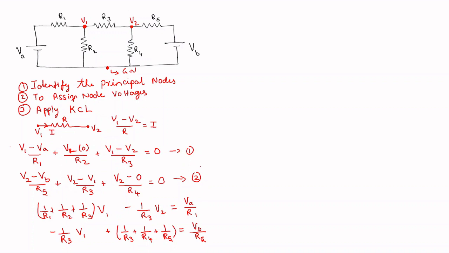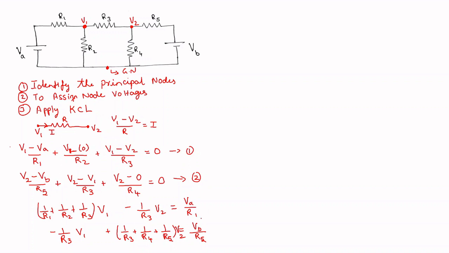Rewriting these two equations 1 and 2 in the form: v1 coefficient, v2 coefficient is equal to a constant; v1's coefficient, v2's coefficient is equal to a constant. So I have written it in a simpler format now so that it is easy for me to convert it into a matrix. Students can either solve these two linear equations straightaway and find node voltages v1 and v2,